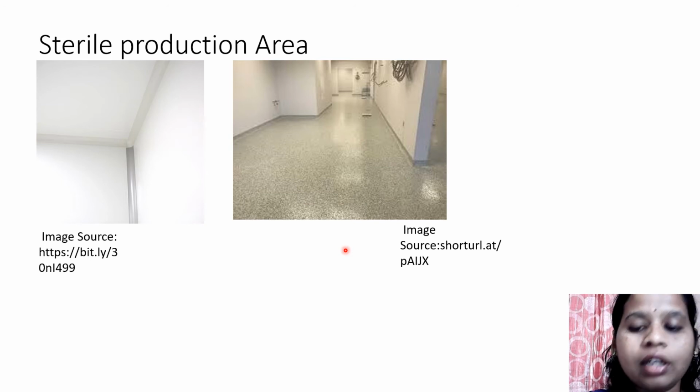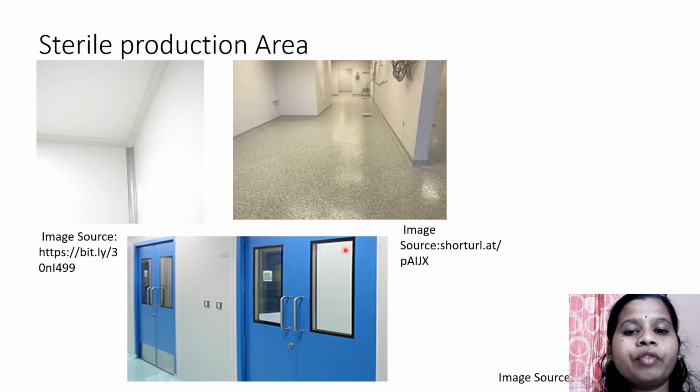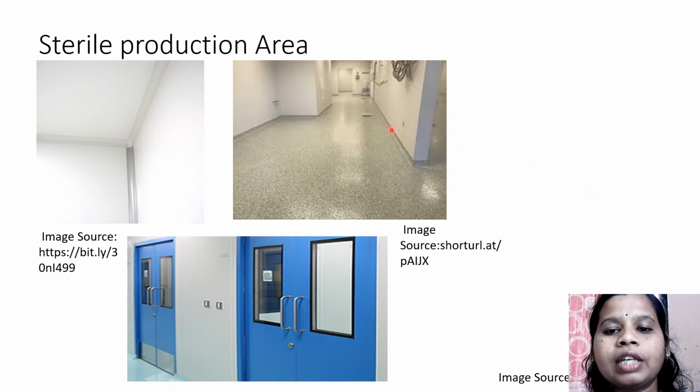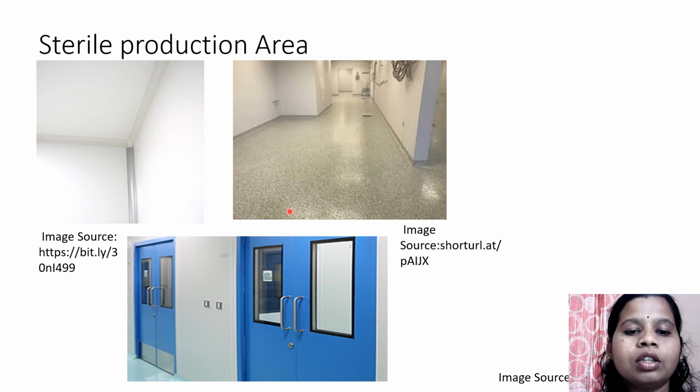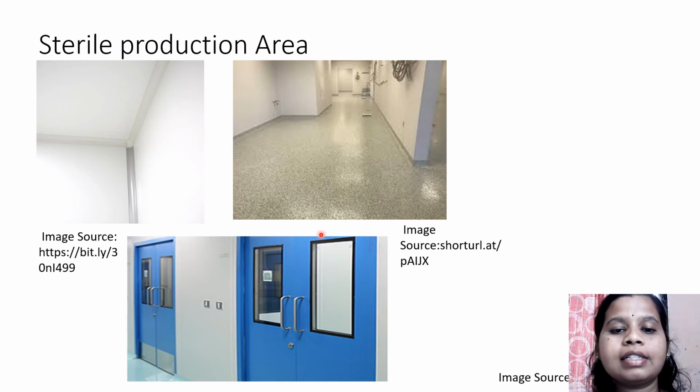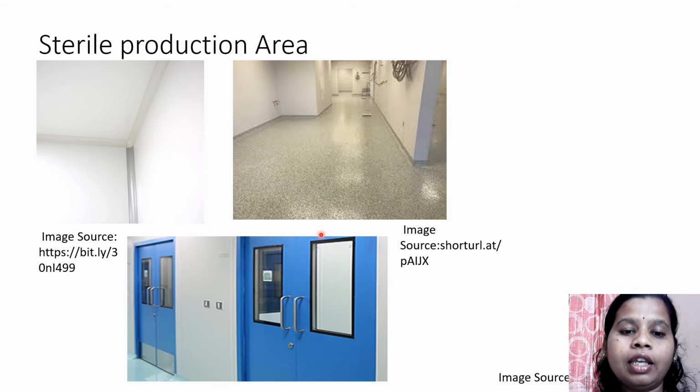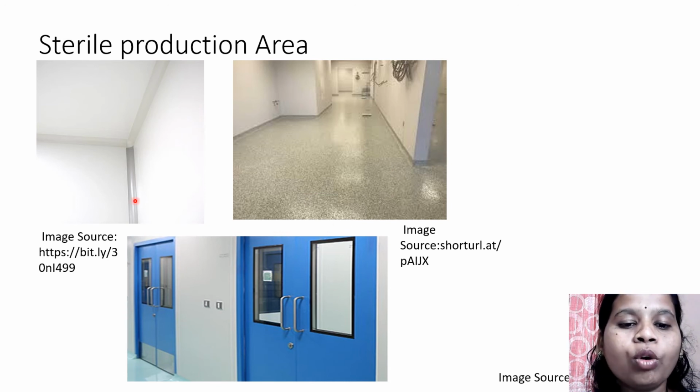Then the next part is the doors, windows, and other services. Here in this photo we can see the wiring is outside the main area. Such types of utilities like wires and pipelines are always provided outside the manufacturing area, and doors should always be such that they